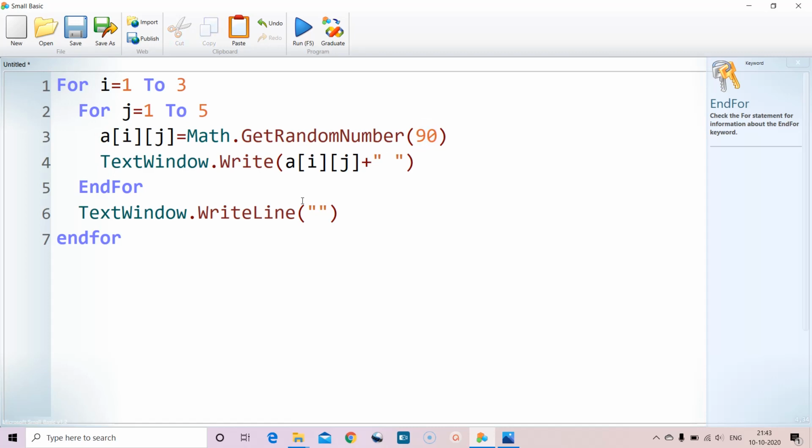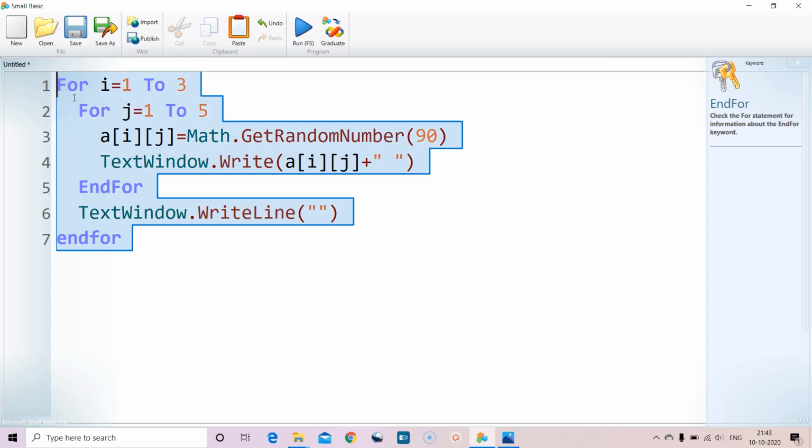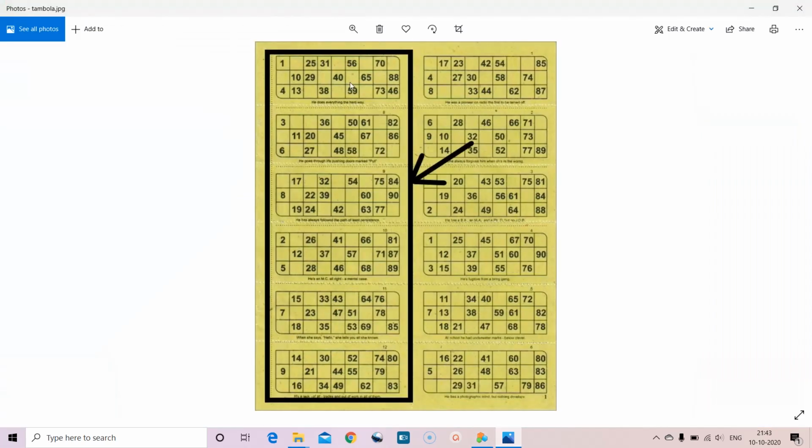Of course, here we will have duplicate numbers, but there we should have all unique numbers, all 90 numbers. Each row has 5 numbers, each ticket has 15 numbers, 6 tickets. So 15 into 6, 90 numbers. So 1 to 90 numbers get printed randomly.